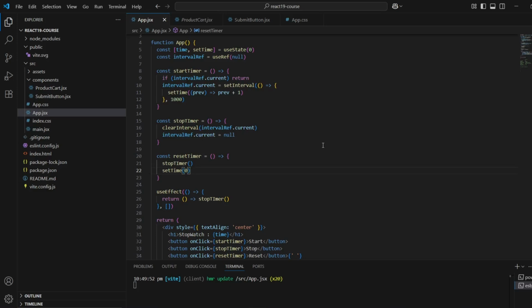One more example is to save a WebSocket or a video player instance. If your video is playing on the UI and you want to store that instance, then you can use useRef. Another example is to store a flag which you don't want to show in the UI, but you want for the logic behind the scenes. In that case also you can use useRef.